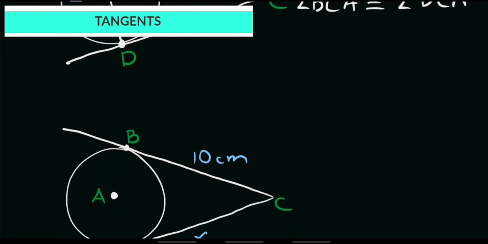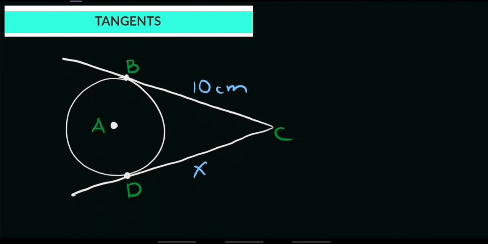Now, let's try to answer this set of problems. Let's apply our previous set of theorems, or the concept of those theorems. Number one is, for example, we have the circle A, and we have these tangent lines, tangent BC and tangent DC, right? Our first point of tangency is at point B and the second one is at point D.